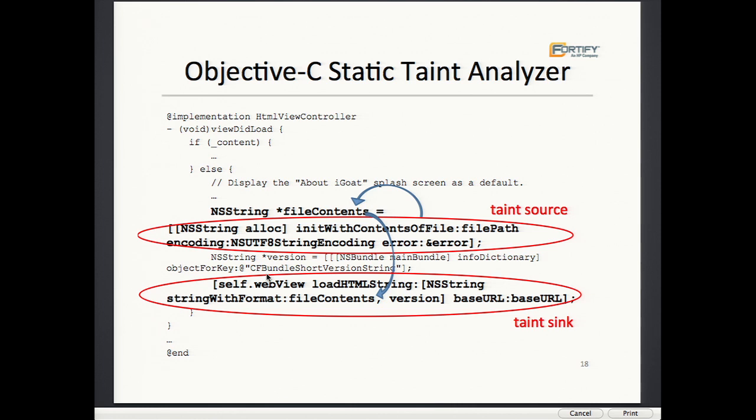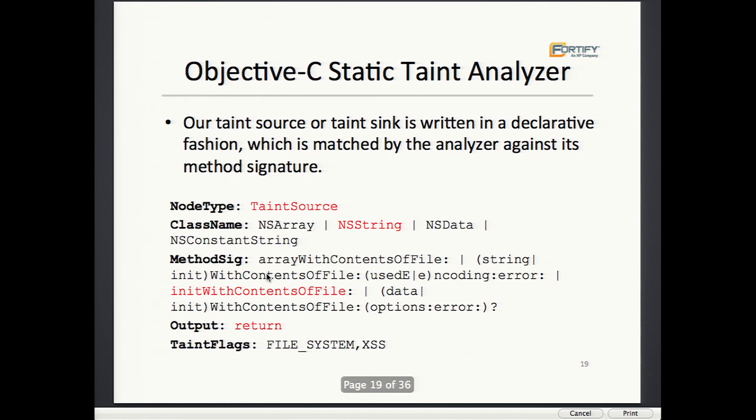So almost all sources and sinks are functions or library APIs. In doing source code security analysis, we match those library functions, which we identified as taint sources and taint sinks, against their function signature. And so we feed this knowledge into our analyzer